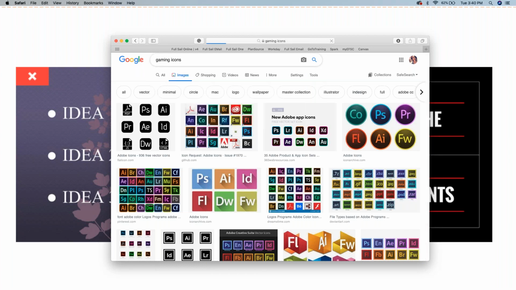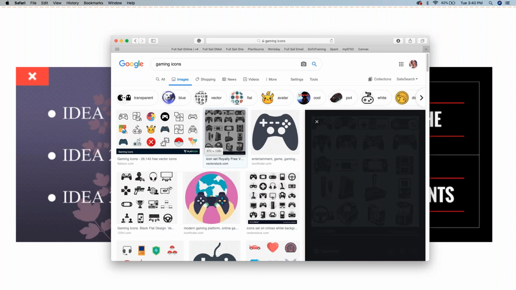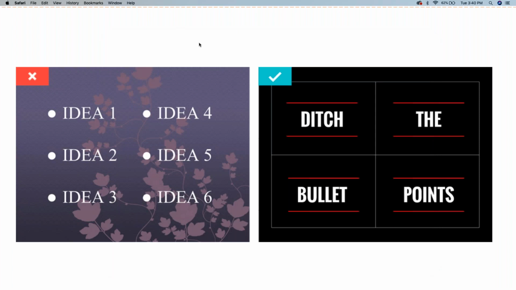This might bring up people. Oh no, it's not going to bring up people. Okay, so you could have the different consoles and different controllers and things like that. Things that are going to represent the list that you want to make, but do it in a visual format, because as human beings, we see visuals faster than we read text. It's milliseconds, I understand that, but it's milliseconds of energy that your audience members are saving, which in the long run after a presentation adds up to be quite a bit.